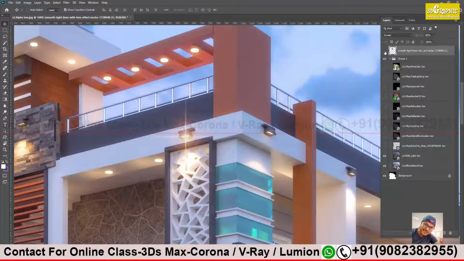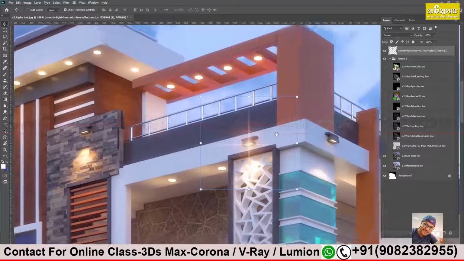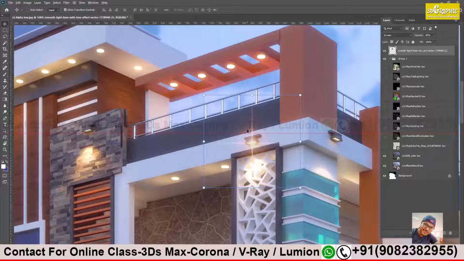One thing more, the layer should be on top, because this is lens flare and this should be on top of all my lights. So drag and drop it on top over here, and just copy. Press Alt. If you press Alt, your cursor will change. You see my cursor is changing. That means I can now make a copy. Just left click and drag to make multiple copies.